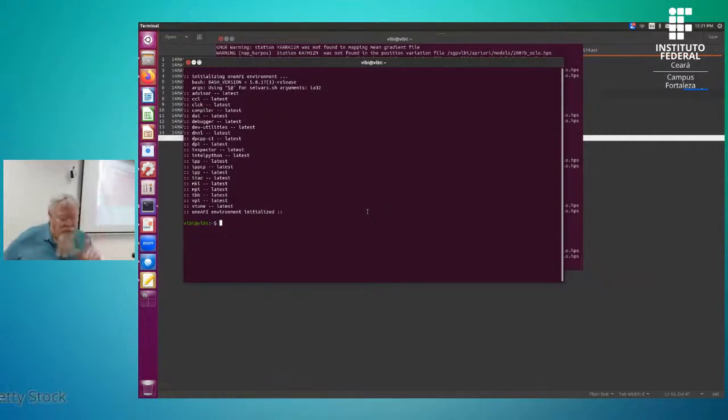So once you're logged in, type CSH. And CSH sets a Unix shell. It sets some series of commands. So that's the first thing you do. And then you're going to type source